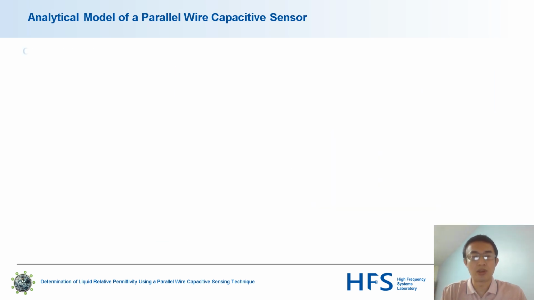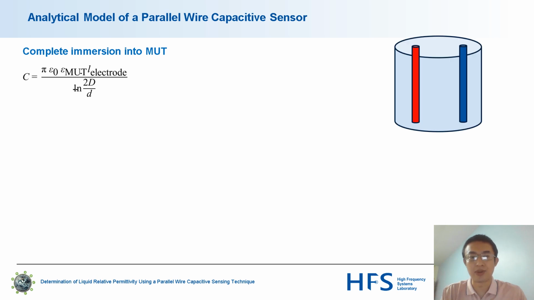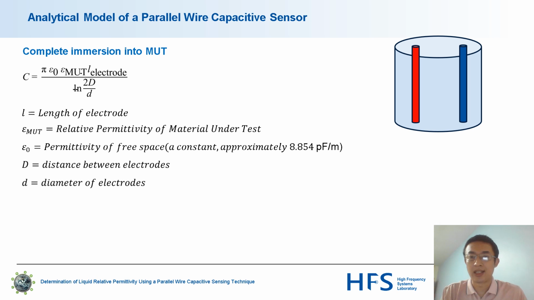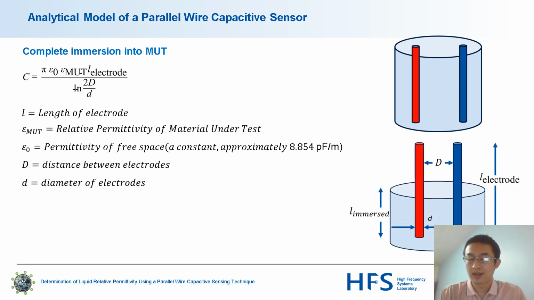In the analytical model, this equation is the capacitance between the two electrodes. In the case of full immersion, the electric field exists entirely in the liquid, but in our case, the electrodes are only partially immersed in the liquid, so the field is shared between the air and the material under test. And this condition can be modeled as two capacitors connected in parallel, one for the air region and one